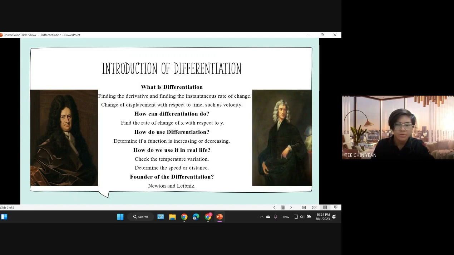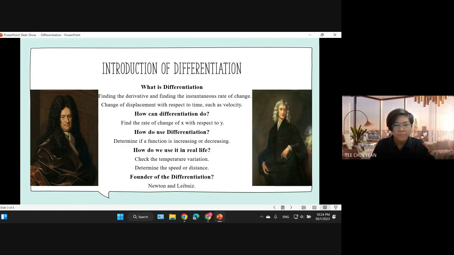So how do you use it in real life? In real life, we can use it to check the temperature variation, to determine the speed or distance covered, such as miles per hour, kilometers per hour. Derivatives are used to derive many equations in physics. In the study of seismology, it is used to find the magnitude of